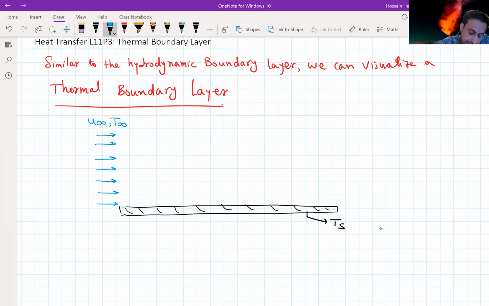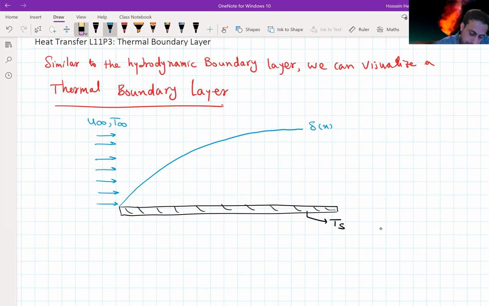Now from the hydrodynamic boundary layer, we know that we're going to have velocity variations, and suppose this is showing delta of x,